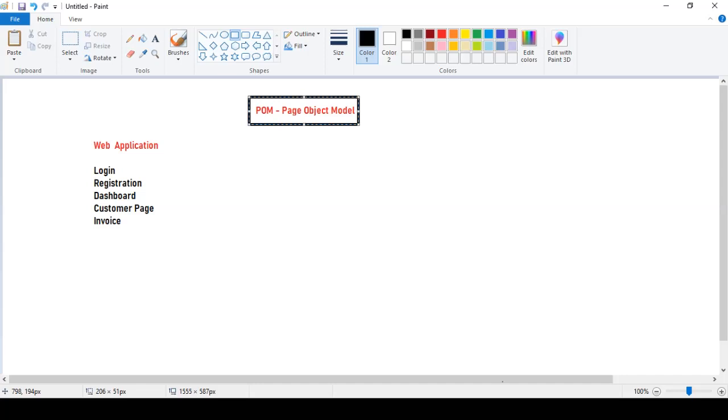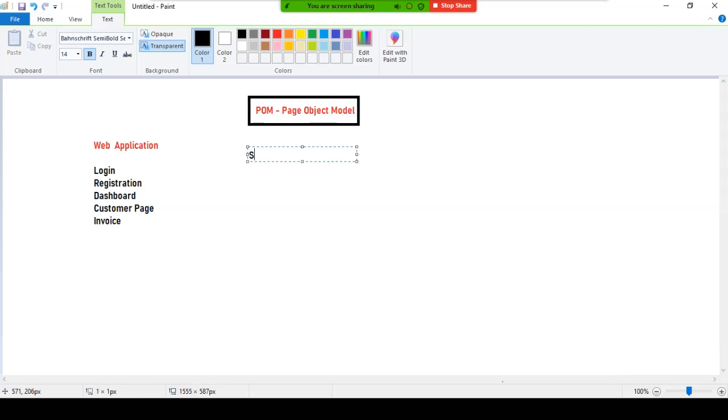Once we have all those pages, the page object model says you should create a separate Java class, a Java file, for each page. You got my point? You need to create a Java class for each page.